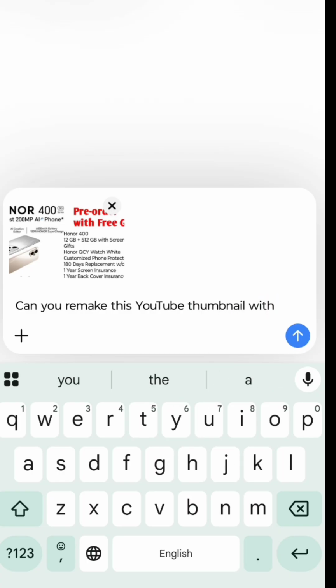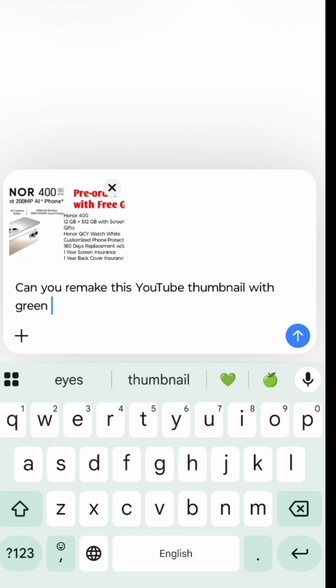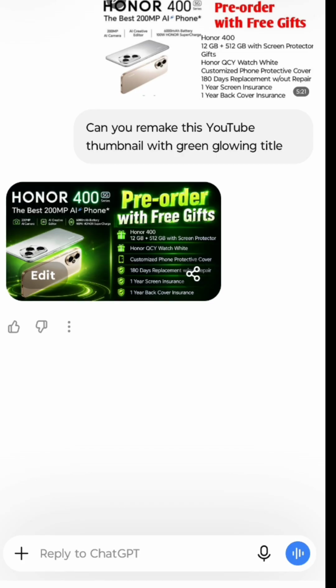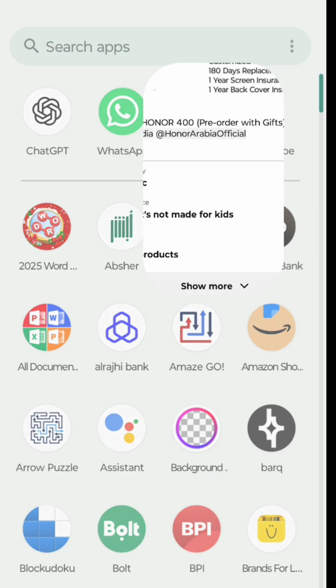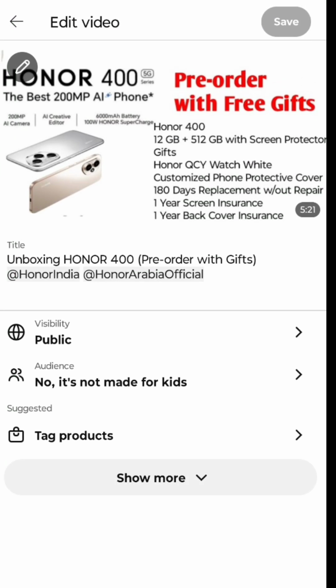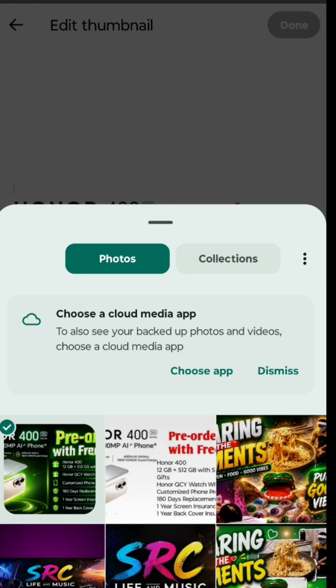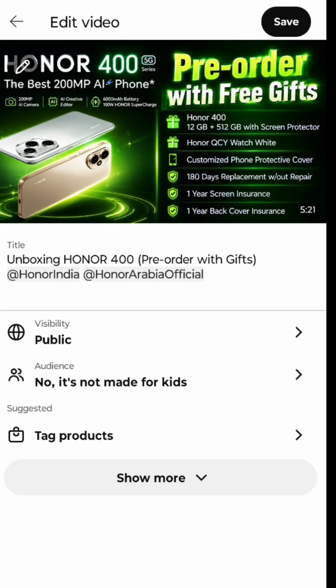With green glowing title, and then send. Creating image. Oh, that's fast and easy. Then save, then go back to YouTube, to your account, and we will edit the thumbnail. There you have it. As you can see,